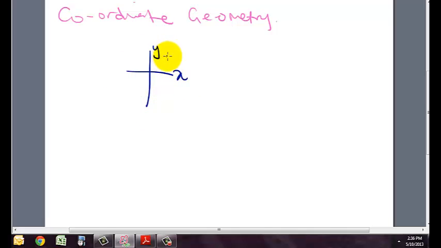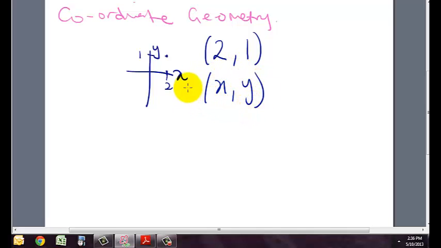Cool? So if I pick the point here, for example, that could be 2 there, and then 1 there. And the way you would write it is (2, 1). The reason is that's x and that's y. X is before y in the alphabet, so we write x before y in our coordinates as well. All good? Okay. Then we have